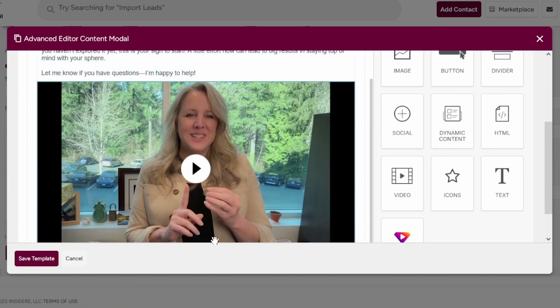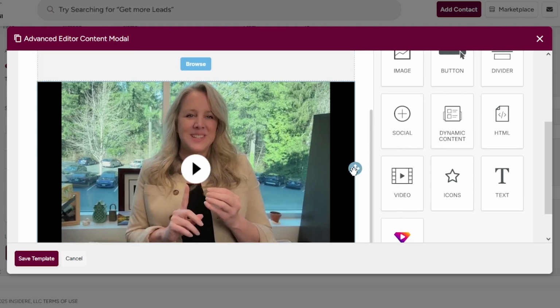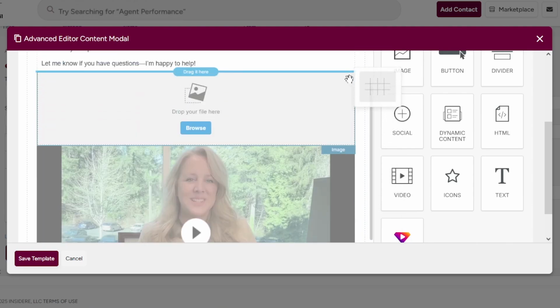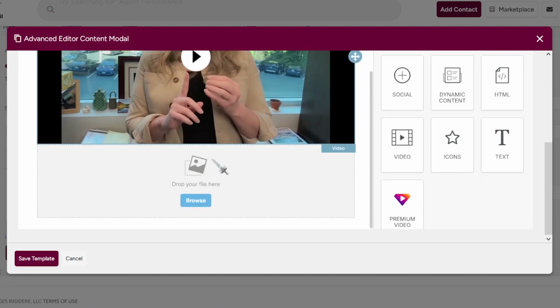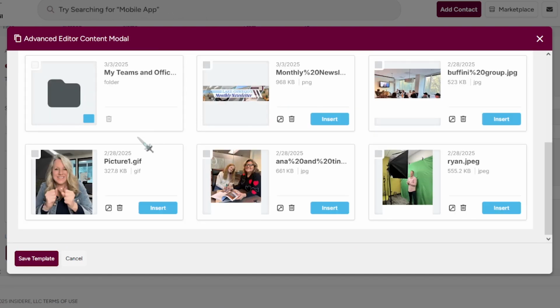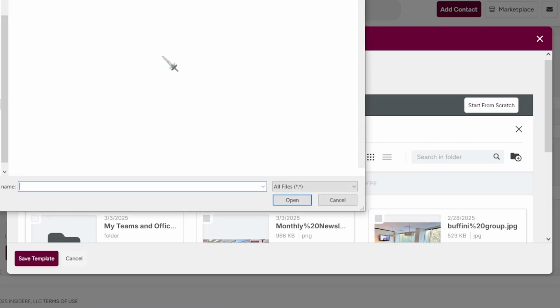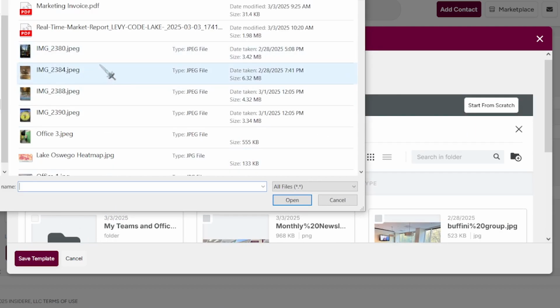So everybody will have the link and it doesn't have to be public on Mom's YouTube. Next thing I'm going to do is the next section. I'm going to drag an image in. As you can see me struggling here, I found it very much easier to drag something up rather than drag something down. So I have a bunch of things that I still need to upload here, so it's very easy. I'm just going to hit that upload button,